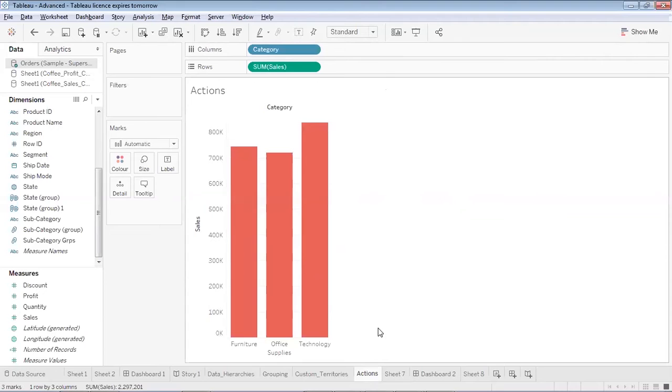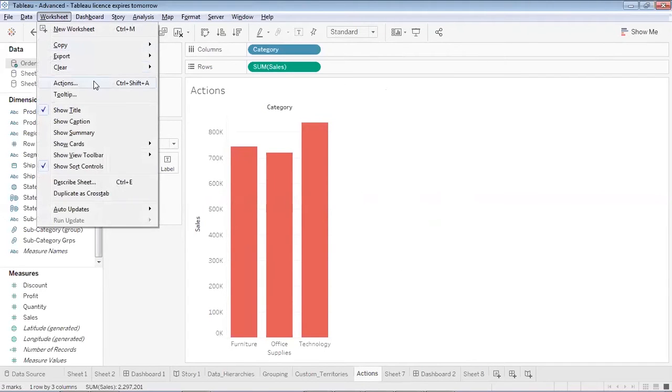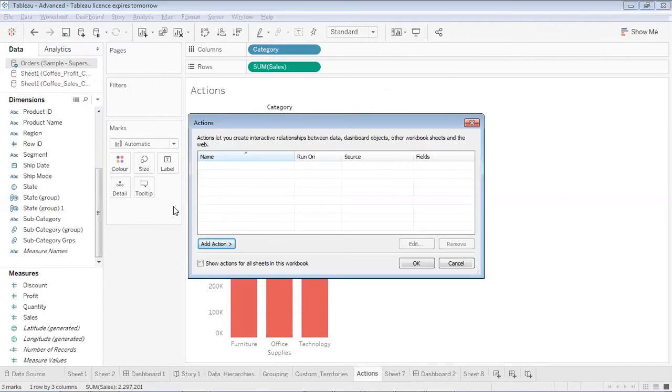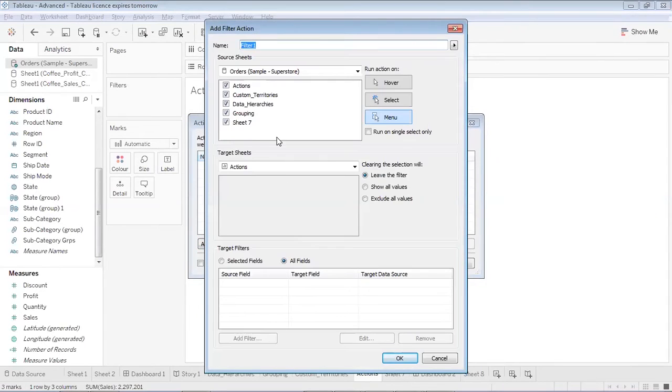I'll tell you how. For creating an action, we'll go into the worksheet, go into actions, and when I do add action, it gives me six kinds of options. For adding action filters, I'll be using the first option, which is filters. Now there is a concept of source sheet and target sheet in actions.